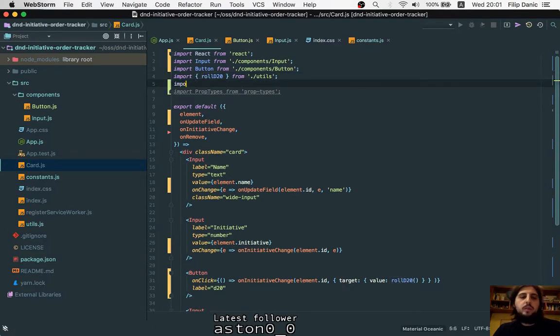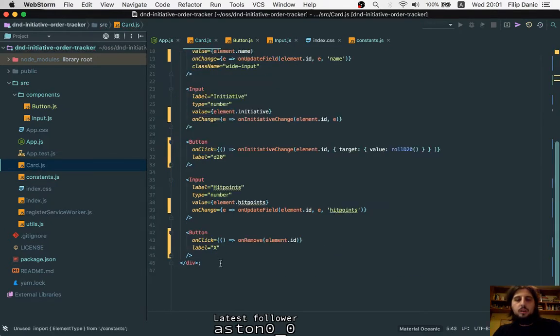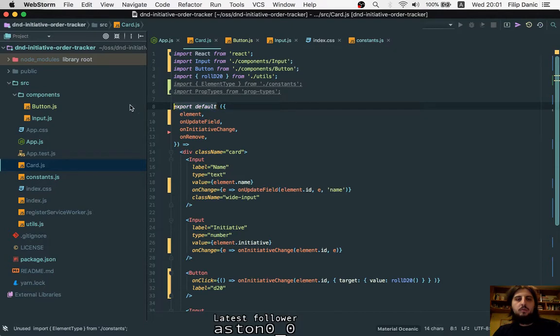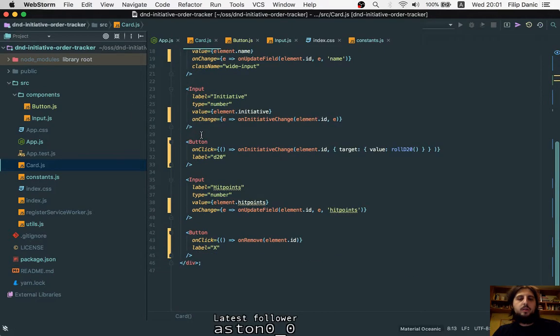So what we can do is import that type here. And then when we sort of do const card equals this,